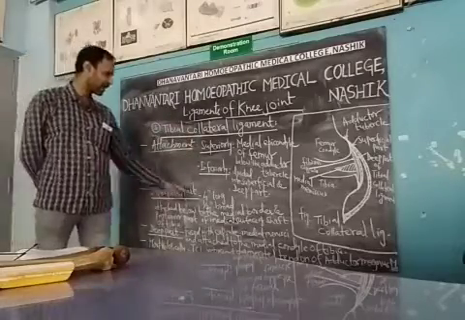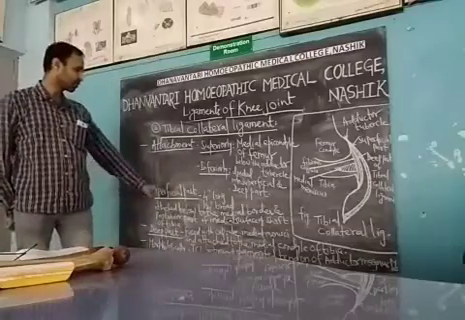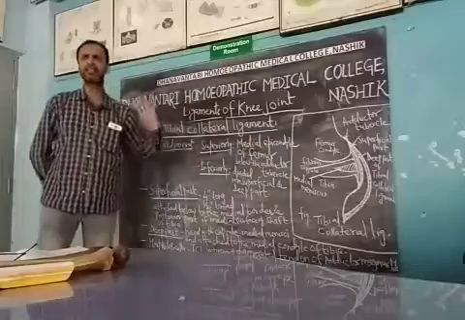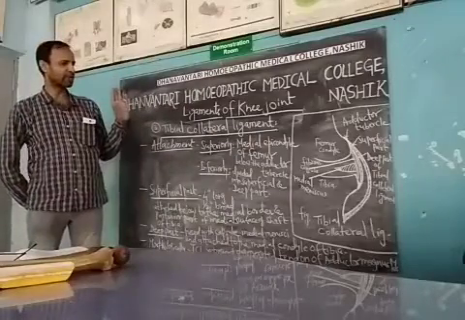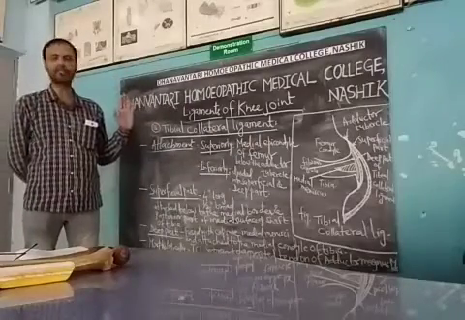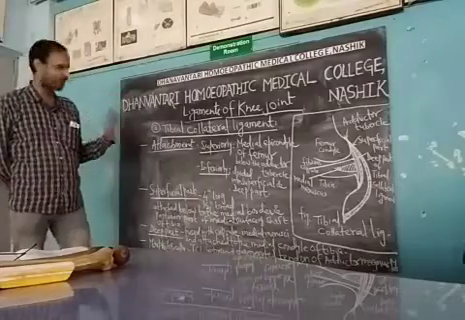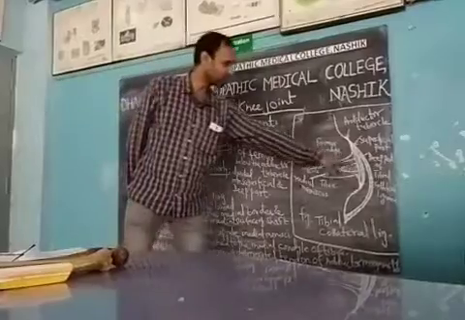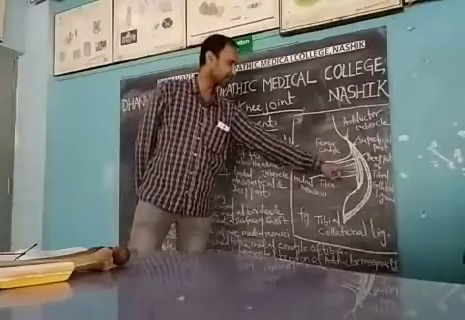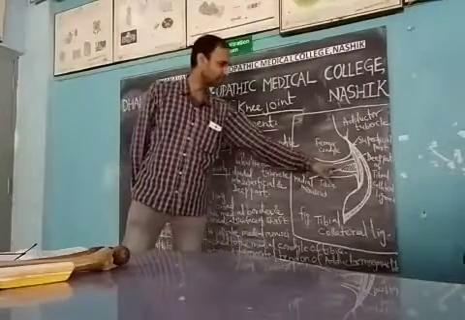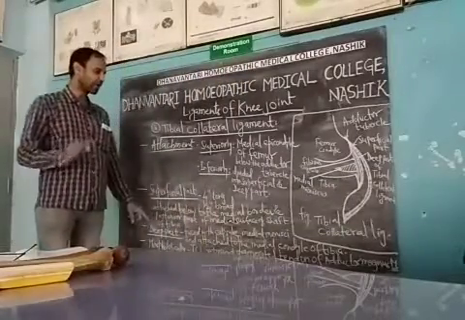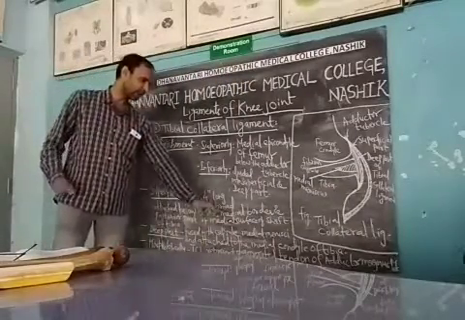So what we can say, this superficial part attaches, in the simple way you can say, to the upper part of the medial surface of the shaft of the tibia. Now the deep part, as I have said, is always blended or fused with the fibrous capsule as well as the medial meniscus, and it is attached to the medial condyle of the tibia.